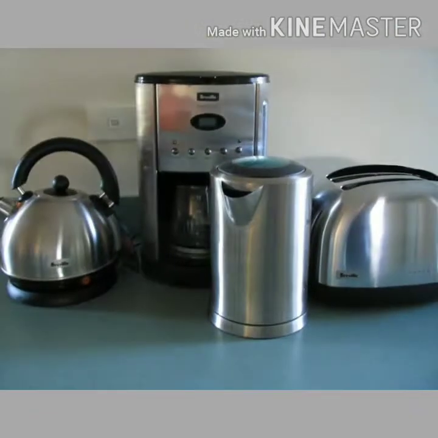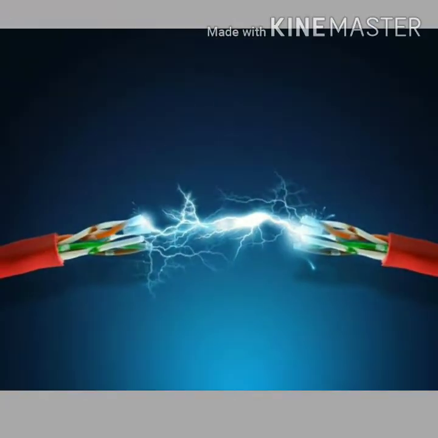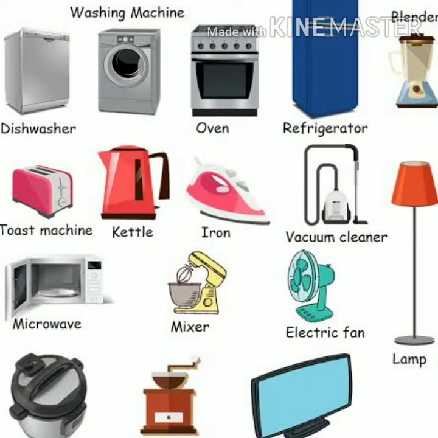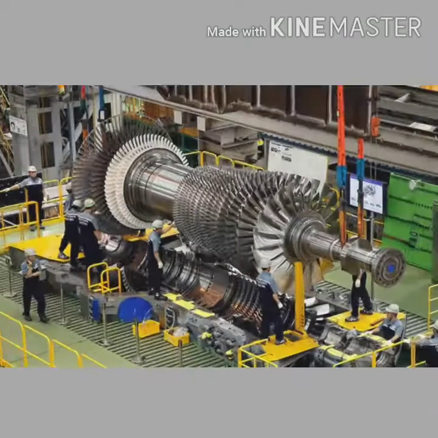Now, what is common in all these devices? Yes, they all run on electricity. There are many other things that work on electricity: television, radio, computer, water purifier, heaters, electric oven, washing machines, tube wells, motor, pumps, and so on. Since these devices need electricity to work, they are called electric appliances.